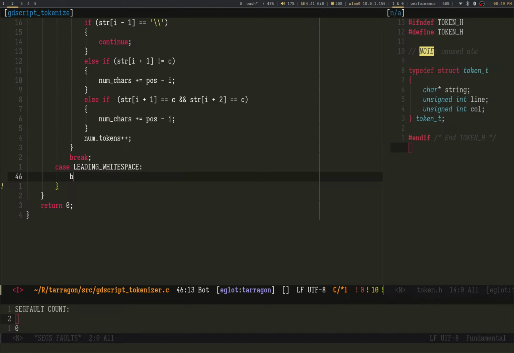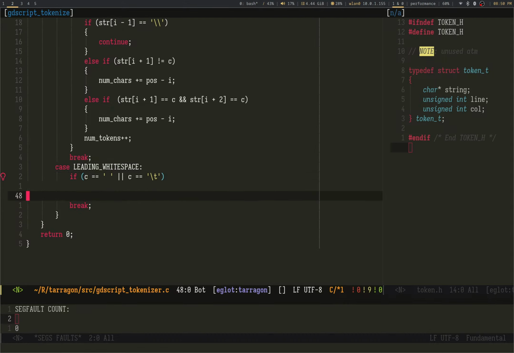So, in this case, if C, then actually I don't care if C is equal to tab. I only care about these two. Tokens plus equals, we'll just plus plus.